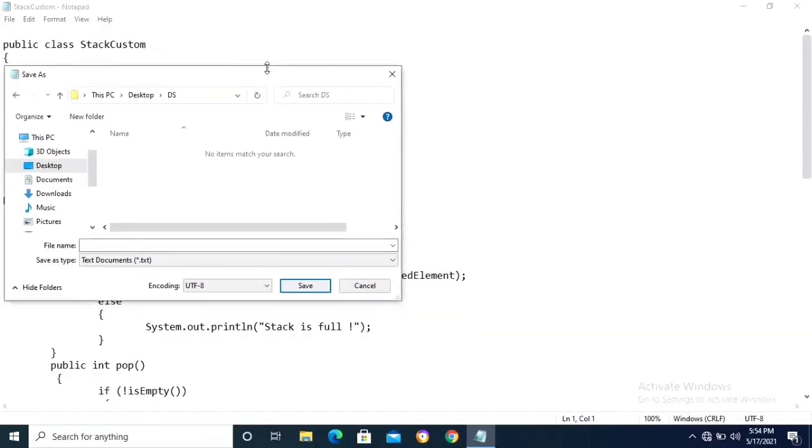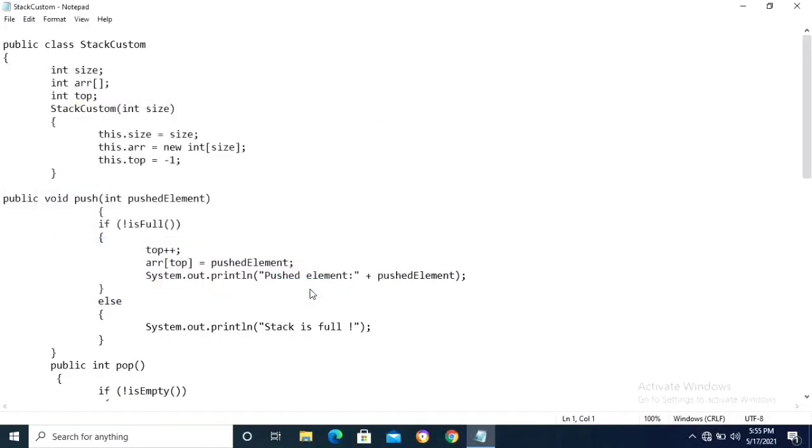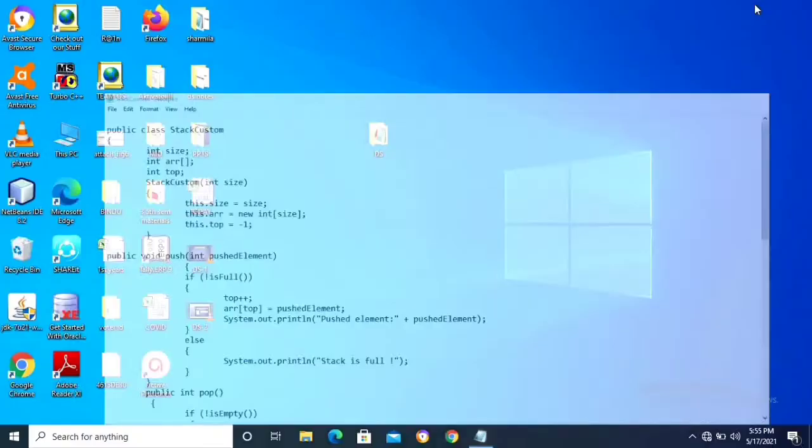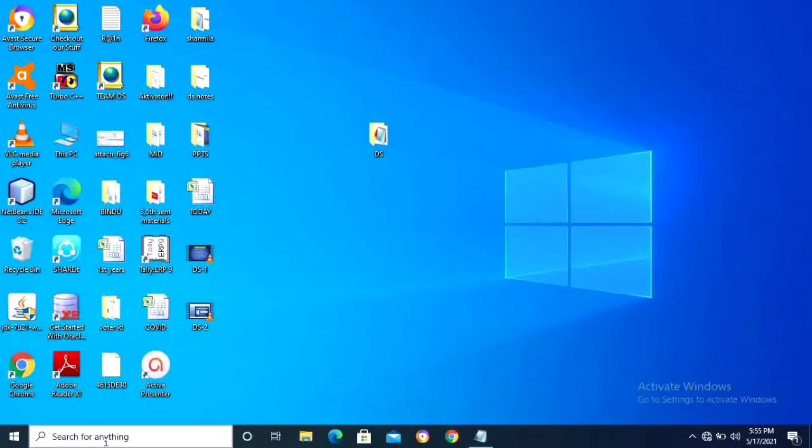This program is saved with the class name, capital S, StackCustom.java. That means class name.java. Next, save. Okay.